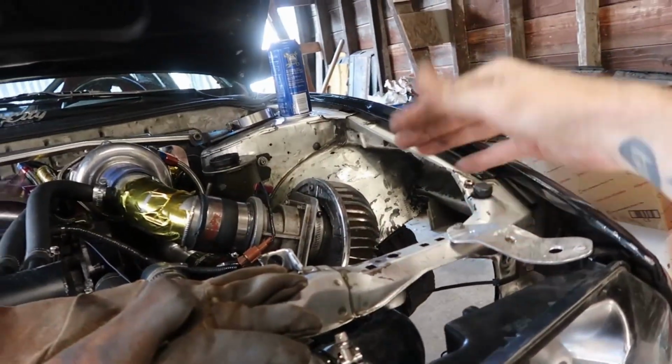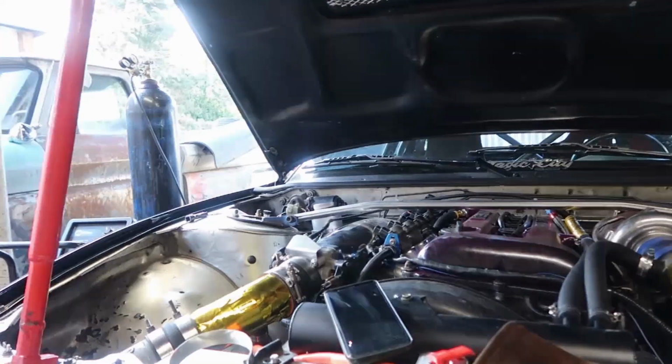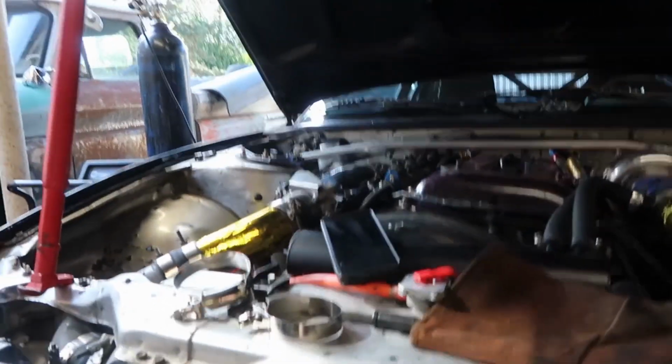Now it's not under the fender. Redo the fenders. Trying to decide if I'm going to tub it at some point over winter or not. Everybody knows me for selling cars way too fast. I had 30-something cars last year, and I think I might hang on to this one a little while, but we'll find out. Let's jump back into some more fab work and tidying up some stuff,